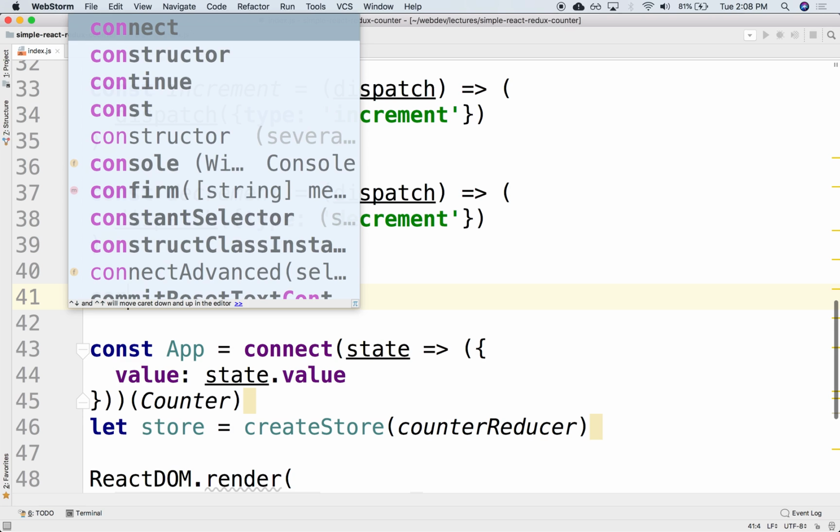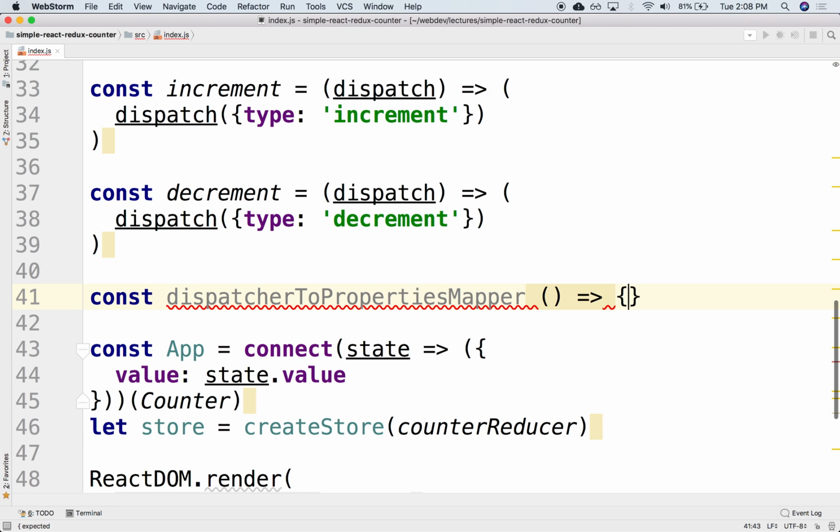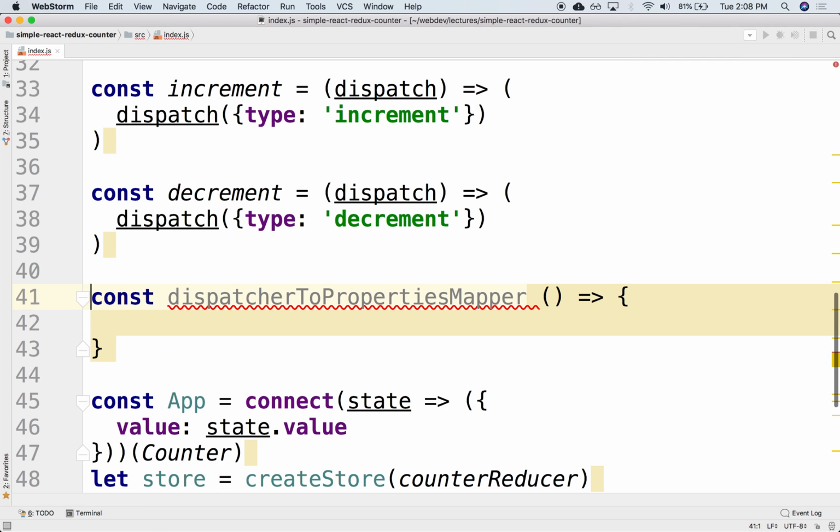So the dispatcher will be something like const dispatcher to property mapper. It's going to be a function that is going to take as argument the dispatcher, and it is going to return an object